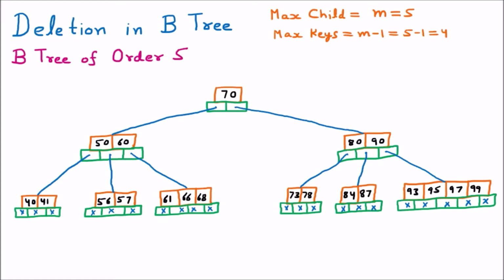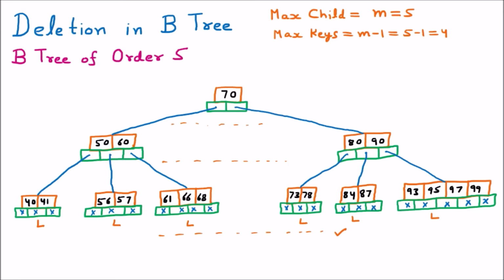So that condition is the number one condition. All the leaf nodes should be at the same level. So we can see that all the leaf nodes here, these are the leaf nodes which are having no children. So they are on the same level. So here the condition 1 is satisfied, that all leaves are on the same level. We know how to find the level. This node 70 is on one level, then talking about 50 and 60, they are on another level. Now these all leaf nodes, they are on the same level. So it is one of the properties of B tree. So it is for sure a B tree, but there are some other conditions that need to be followed.